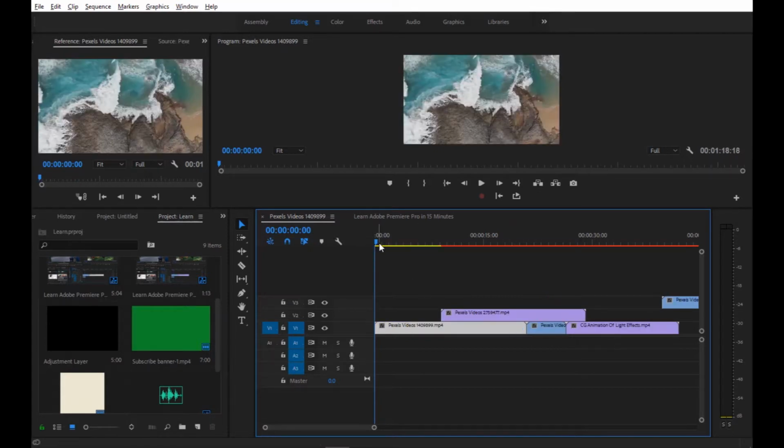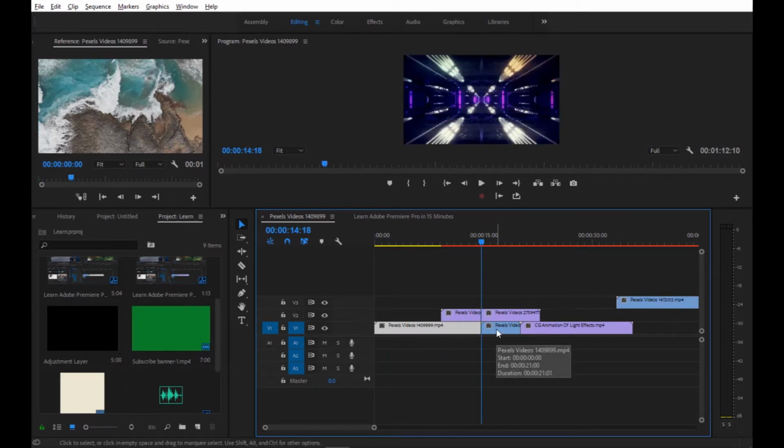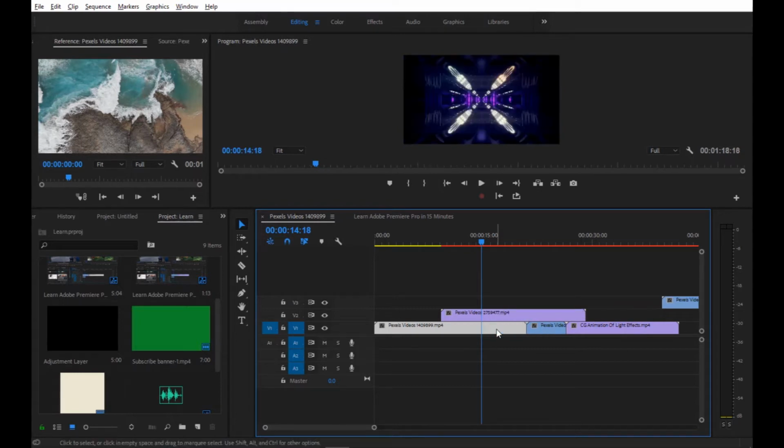If we need to trim the clip after or next to our playhead, then we can do it by pressing the W key. As you may have noticed, it also trimmed the clip on our second video track, but we don't want to trim that clip, so we need to lock the above layers. And now we press the W key again. This time it only trimmed the video one track and did not touch the second or third track which are locked.